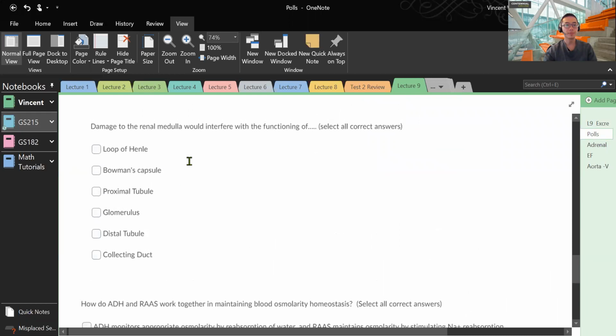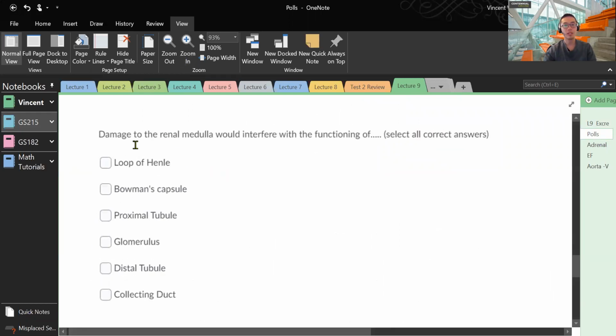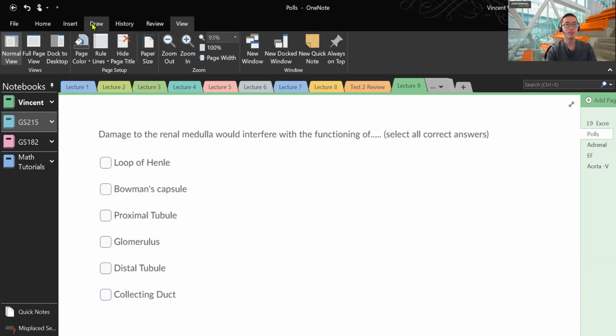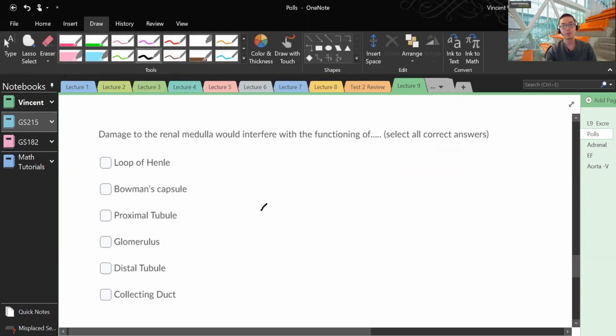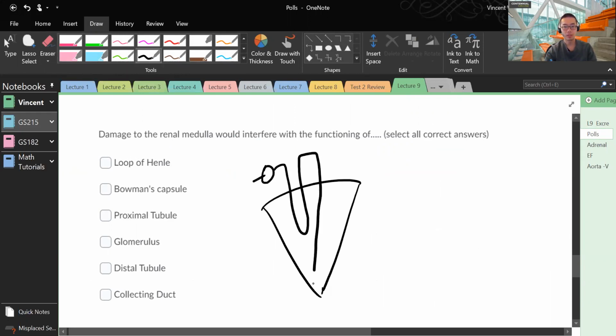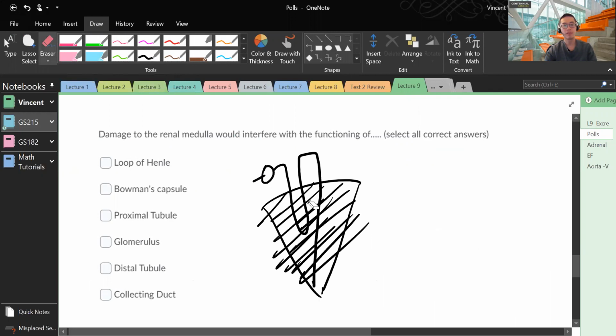Let's do another one here. I'll do this one with you. Damage to the renal medulla will interfere with the function of, okay, so remember this is the pyramid. Okay, and then you have your nephron, which looks like this. So if you damage the medulla, which is all this part here, right, we are going to affect the function of,